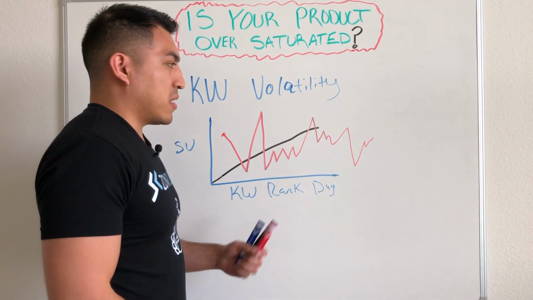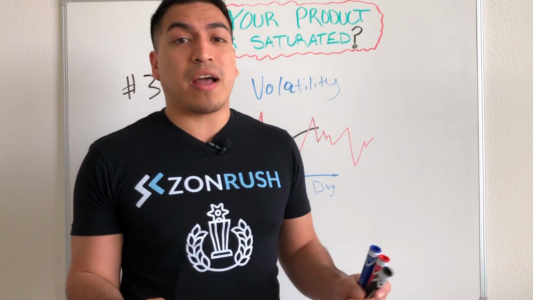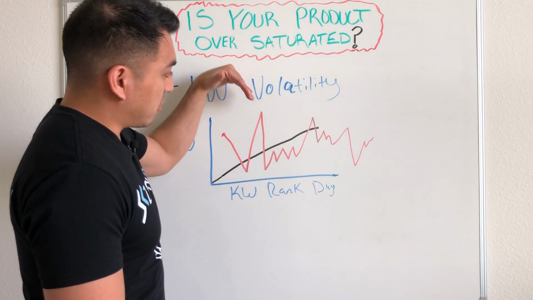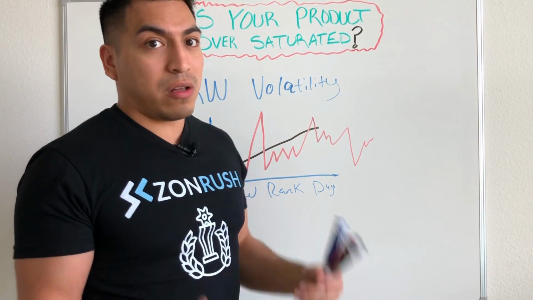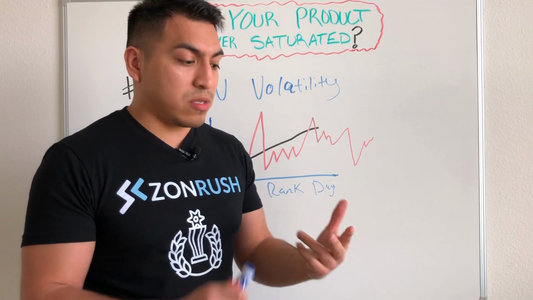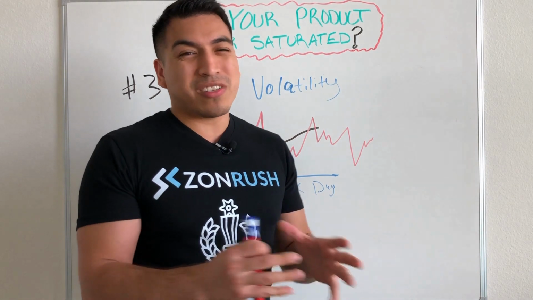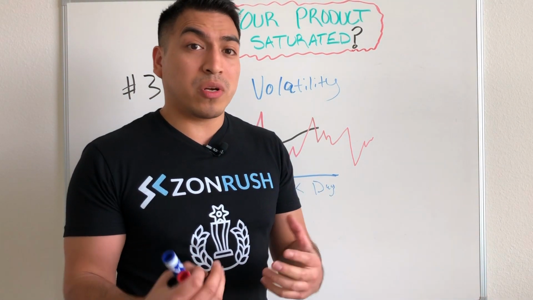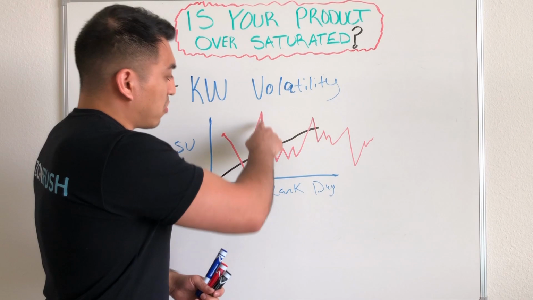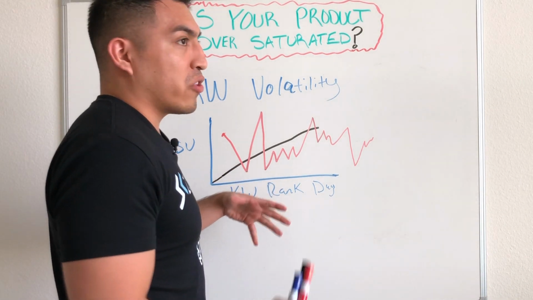What this is telling you is that one little price change, one little something, if you can't even change your price by 10% without seeing your rank completely tank, that means you're in a highly volatile product category. So that means there's a lot of sellers competing for your keywords. And if you change your price by even 10%, the market's already like, there's not enough differentiating components to your product. Therefore, they're going to go to the cheaper option, which will probably be your competitors, obviously, and your sales will quickly decline